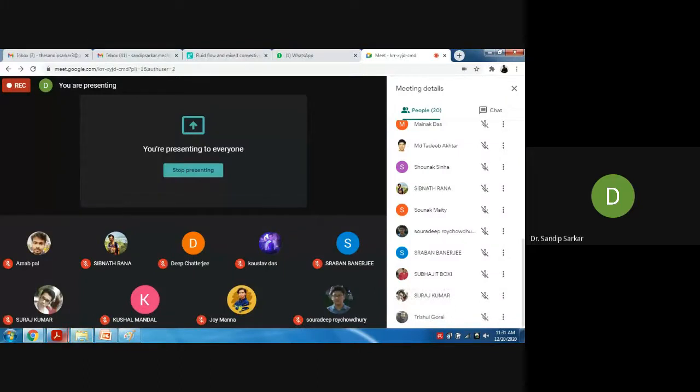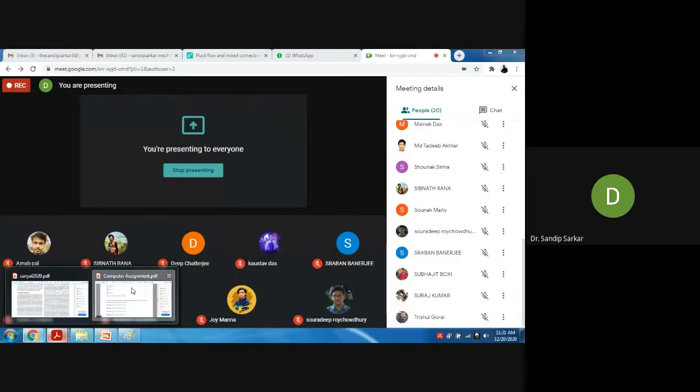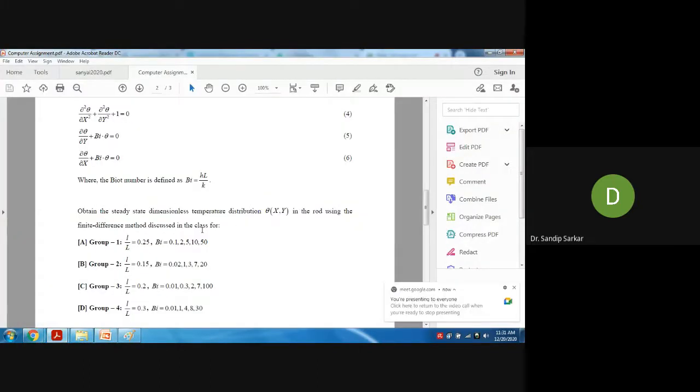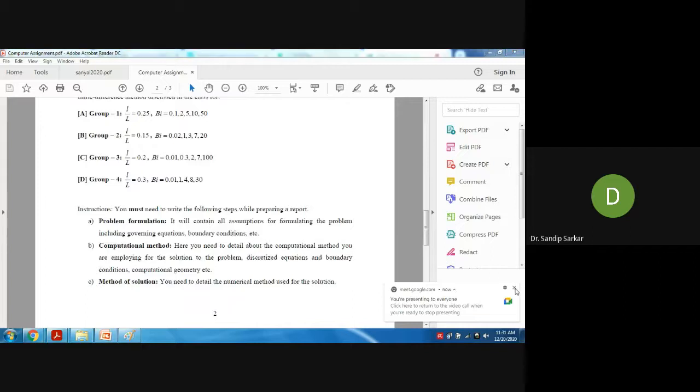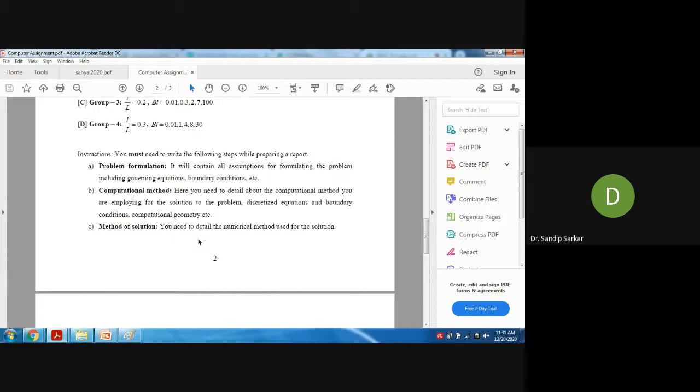Okay, once you have done your numerical simulation and you have obtained the results, then what do you have to do? You have to prepare a report. The report should be professional. A CFD engineer who performs a numerical simulation has to submit a report. The report has a particular format, so you have to follow that format. You have to learn how a CFD report looks.